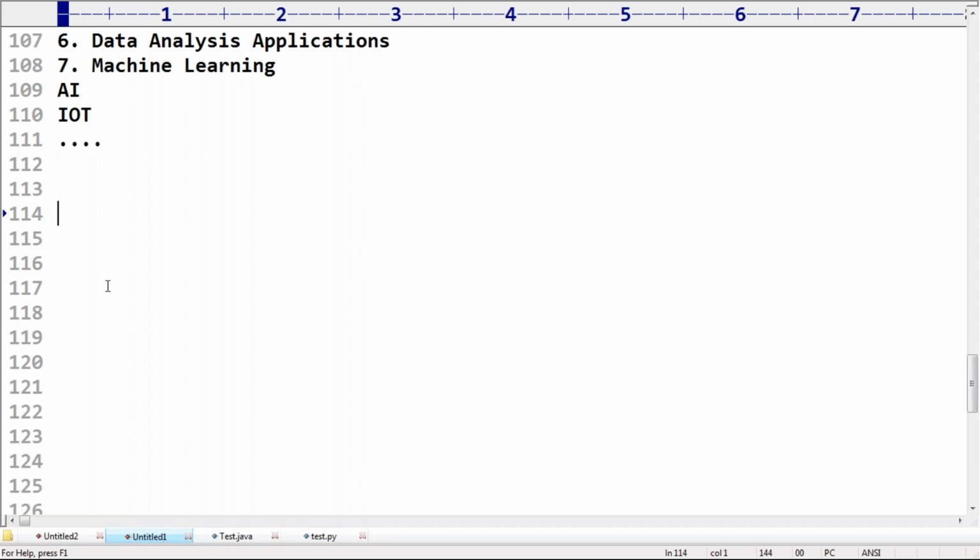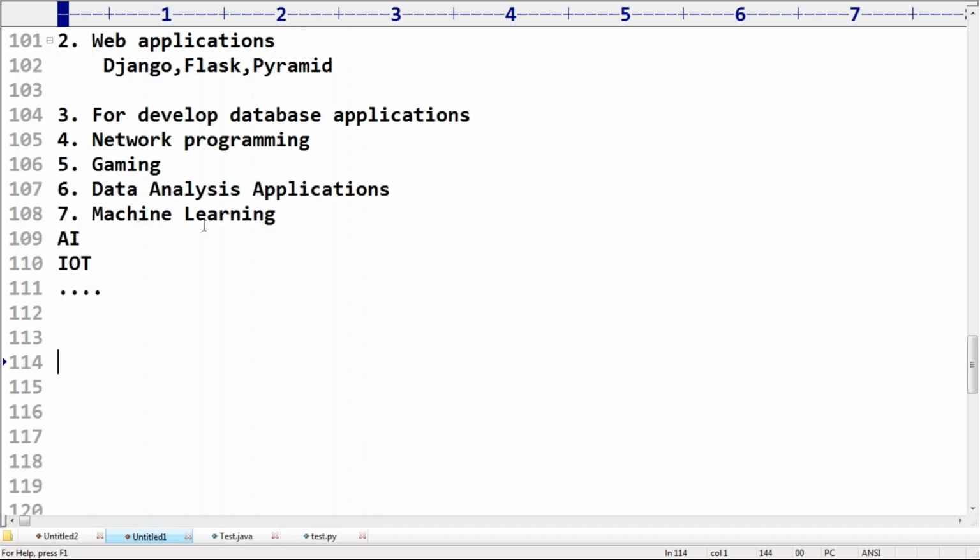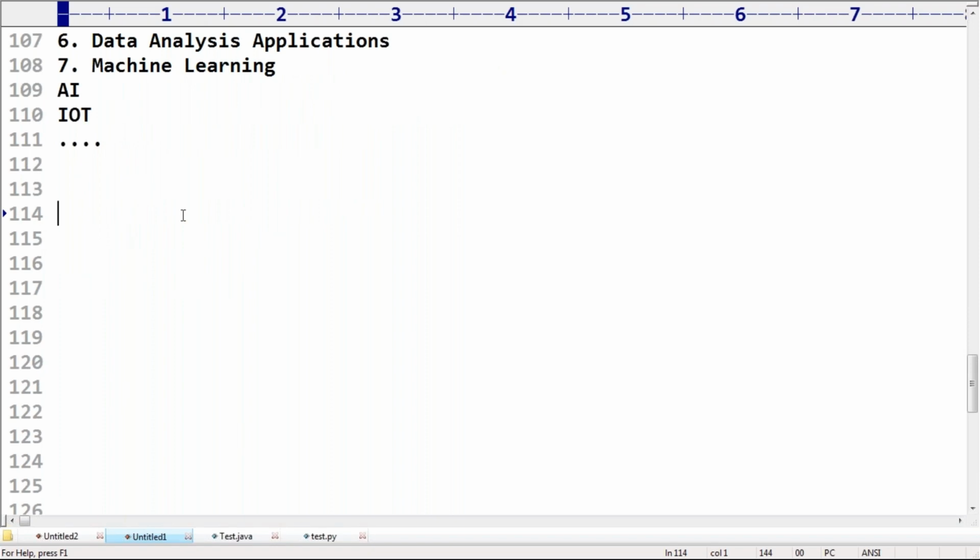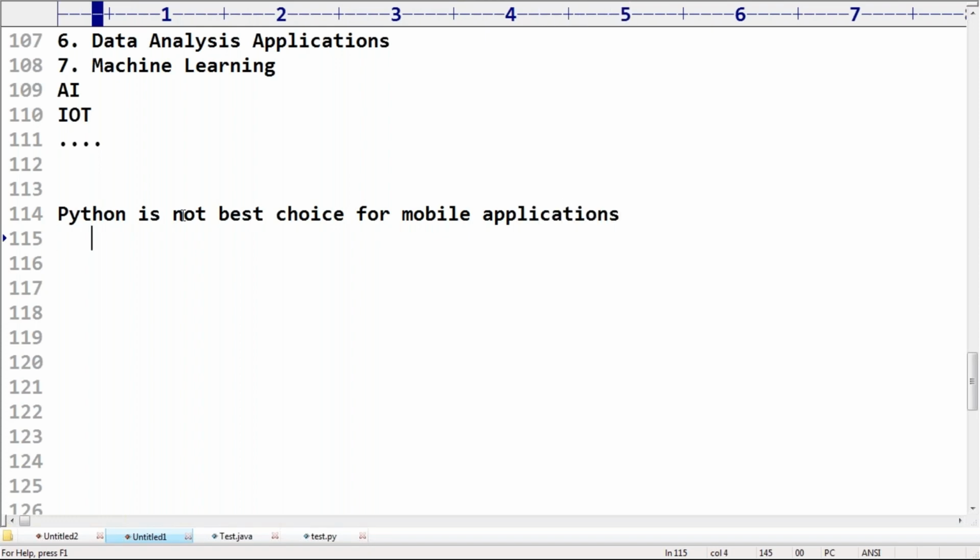Okay, next, do you know, sir? You are telling it's too good. Everywhere you can use Python, sir. But there are some limitations also. Don't feel that our cinema is always a hero, biggest hit. There are some problems also, right? Okay, one problem, sir. Generally, as of now, Python is not the best choice for mobile applications. Because in mobile applications, kings are already there, like Android, iOS. These kinds of people are already there, sir.